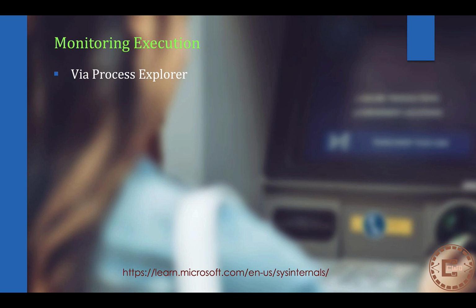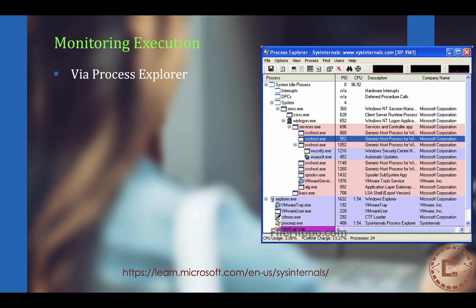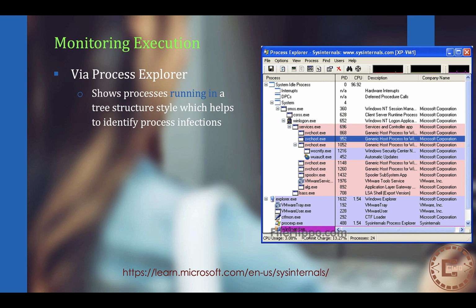A second tool is called Process Explorer, also from Sysinternals. The main difference between this and the one that we showed you is that you can see at tree level the processes that are running in the machine. And to me, this is very, very useful for you to see when there is a process that is being infected. As you can see here, for example, you see this